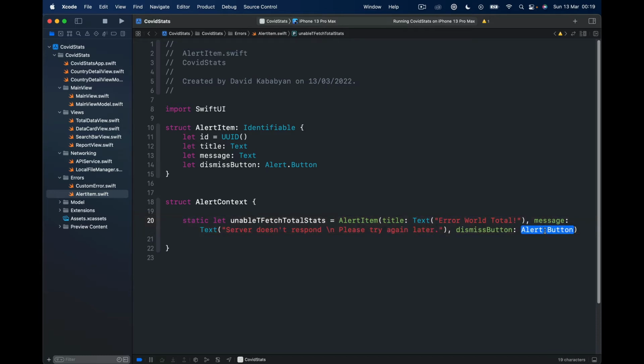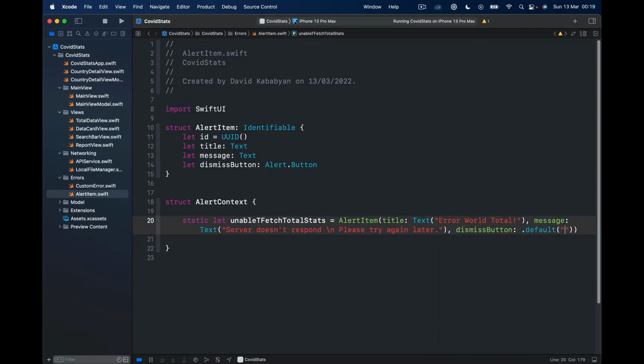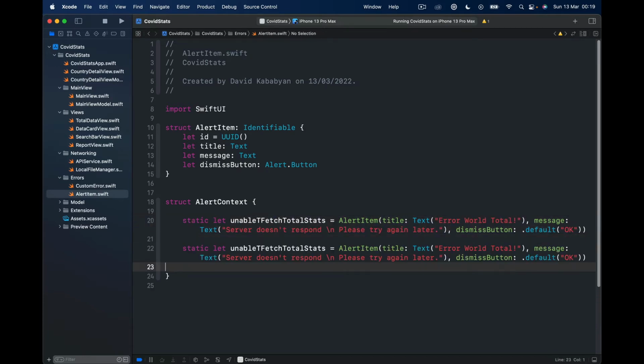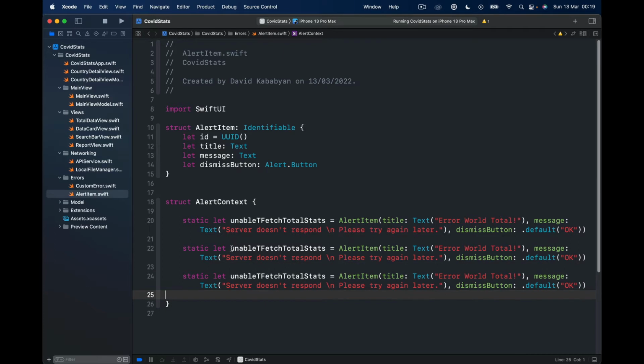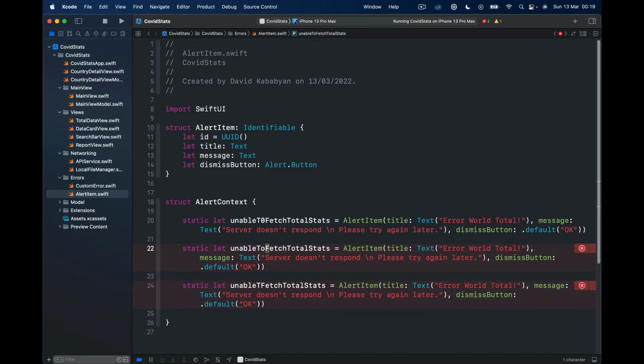Dismiss button is going to be just default label OK. And I'm going to copy this 2 times. The second one is going to be unable to, it's missing an A here, unable to fetch